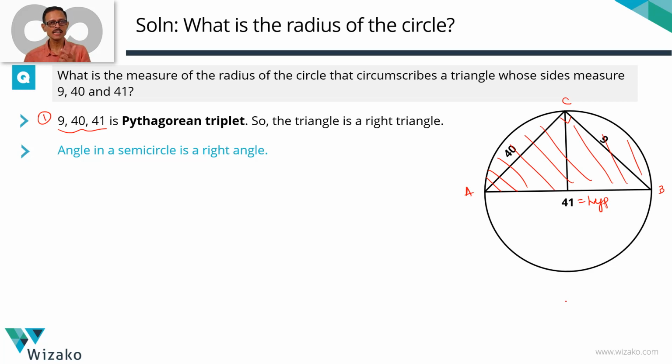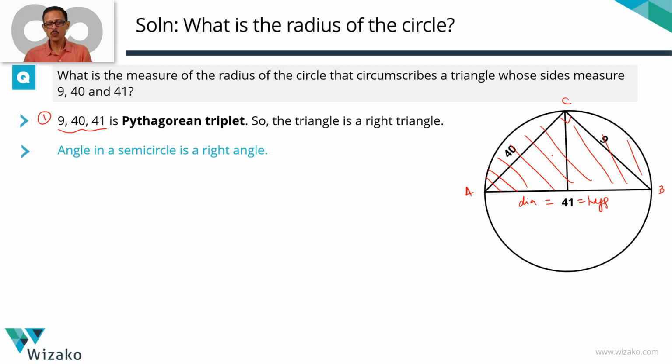Within that, we know AB measures 41. The third deduction that we're going to do is we're basically going to look at what is this AB to this circle. The AB to the circle is the diameter of the circle. Right? Deduction 3 done. The fourth deduction and the fifth step should give us the answer.